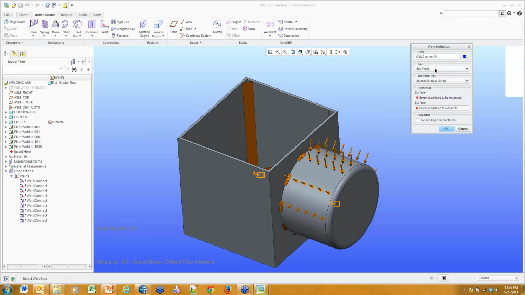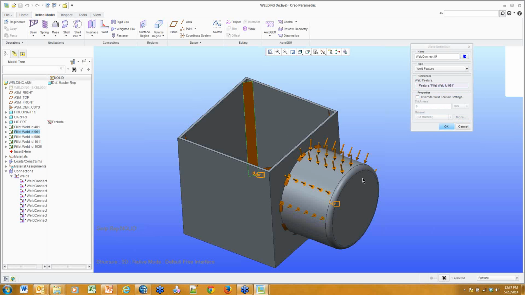Now, by default, Mechanica is going to assume you're going to define a weld in Mechanica or Creo Simulate. If I click on this specify weld feature, I can pick the weld feature. I did not define a material for this, so instead of getting out of the tool, I can simply say override weld feature settings. The thickness is 6 millimeters. That is the thickness that I applied in the weld feature, but I could also say, you know what, the